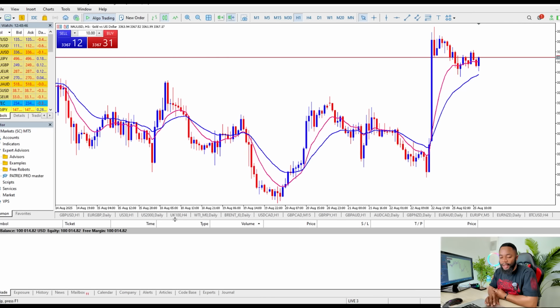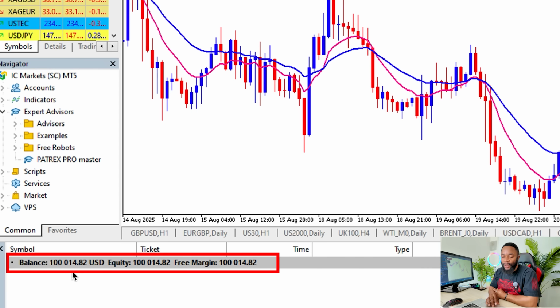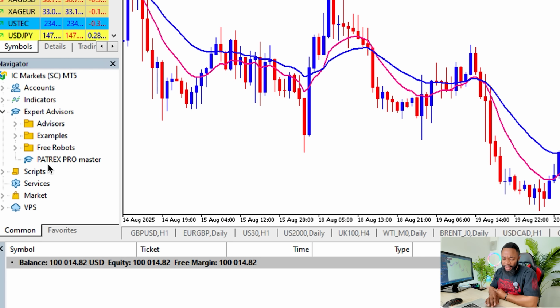On today's video, we're going to be using my 100K account. All right, this is my 100K challenge account. Since this is still a challenge account, our goal is going to be to pass phase 1, phase 2, and definitely trade on the funded account. So if you can come on my screen, you can see the balance on this account is 100,000. I just took a small trade just to make sure the bot was activated on it. You can see the bot is already there, Patrex Pro. The account is on